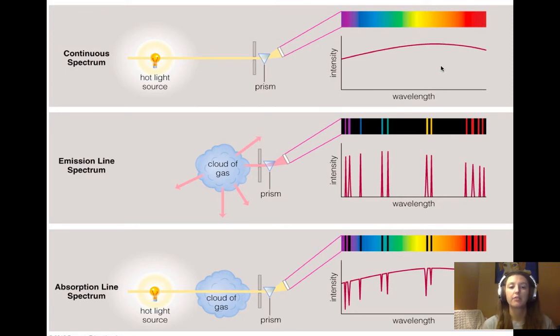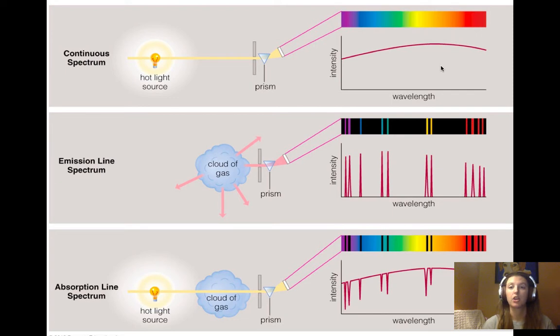Now, if you have just a low density cloud of gas, and there's lots of YouTube videos on this, and you'll probably learn more about this in lecture, you can give enough energy to gas so that it gives off light as well. But when you do that, you only get the light that corresponds to the specific elements in the periodic table or molecules that are in that